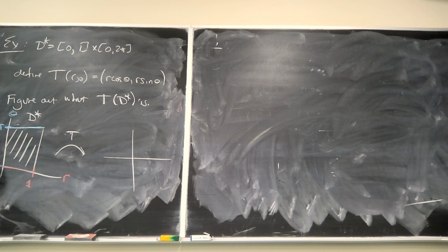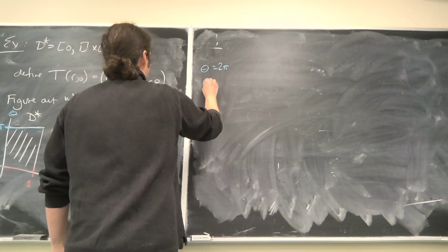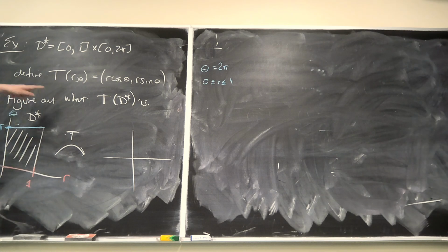The blue line says the angle is fixed at 2 pi, and the radius goes from 0 to 1. What ray does that look like over in this domain? If you feed that into this transformation,